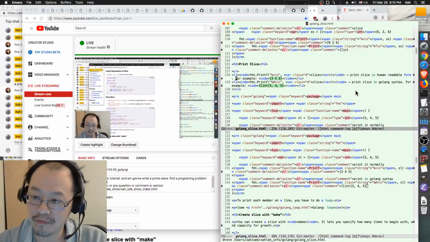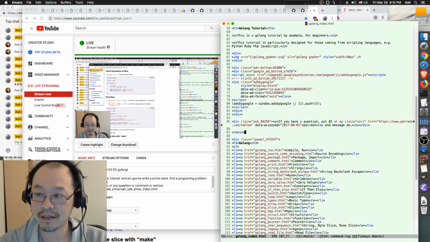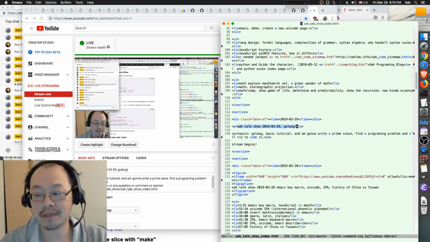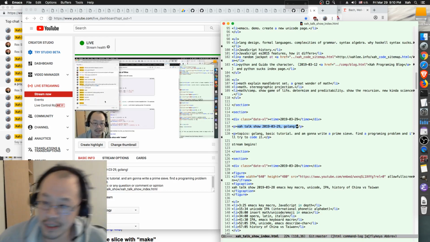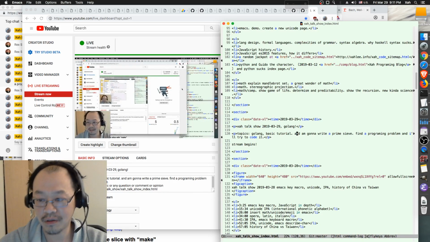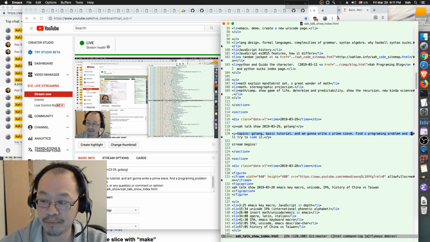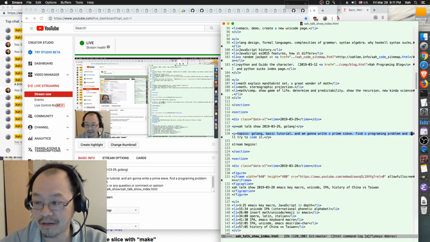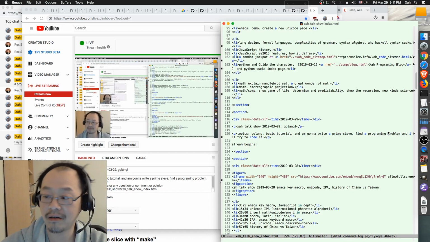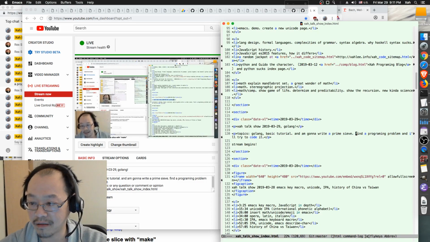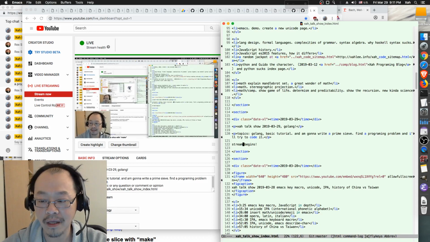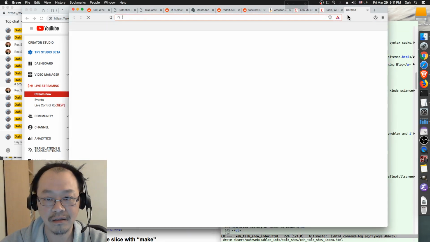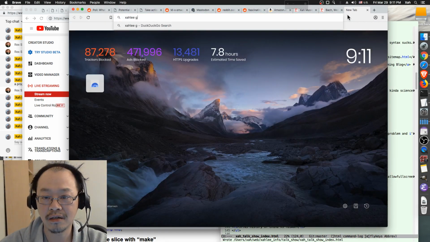Okay, I'm going to start. Let's see what we want to do. We're going to talk about Golang. I'm going to give a basic tutorial, and I'm going to write a prime sieve, like right now, in real time. Let's see if I can do that. So anyway, if you just go to Golang,